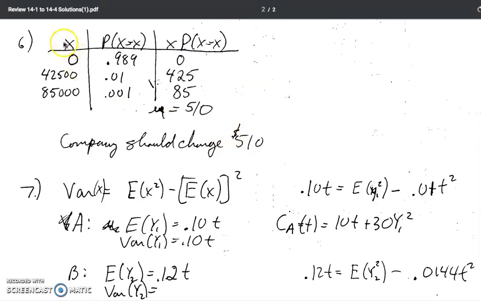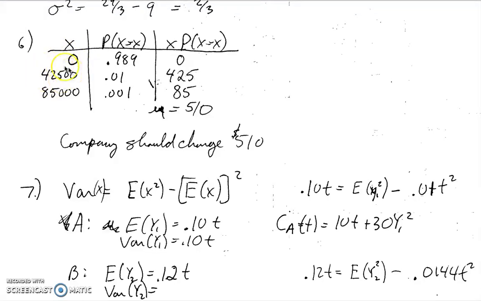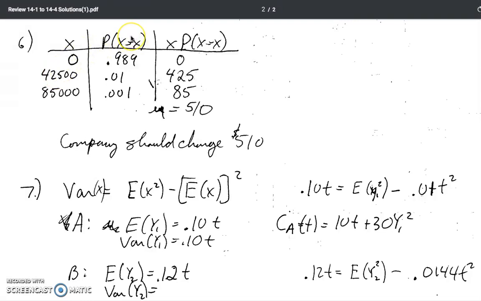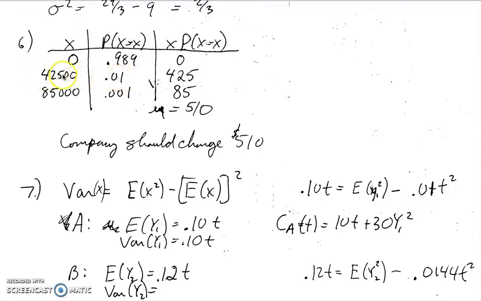As we come over, my variable x is the amount of the loss, which can be nothing if no fire happens. It can be a 50% loss, which is 42,500, or it can be a total loss, which is 85,000. The probability that each of those happens: 98.9% chance that there's no loss, a 1 out of 100 probability that there's a half loss, and a 1 out of 1,000 probability that there's a total loss. And then, of course, if we multiply those out, we get the values that you see there